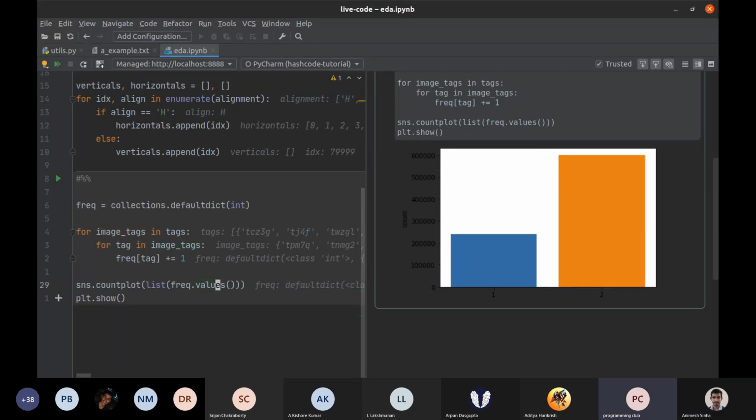Oh, right. I'm plotting how many tags there are such that the number of tags is 1. I think that is what is being plotted, right? If I remember correctly, it's tag frequency. So how many tags are there such that they appear only in one image, such that they appear in 2 images, such that they appear in 3 images, and so on.